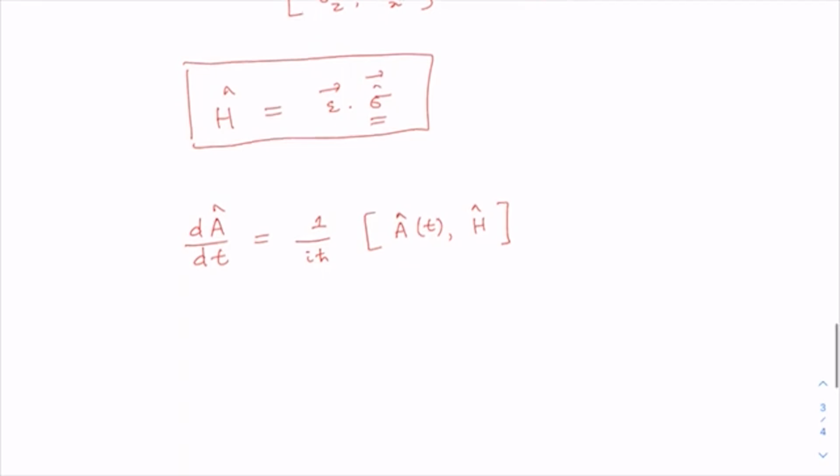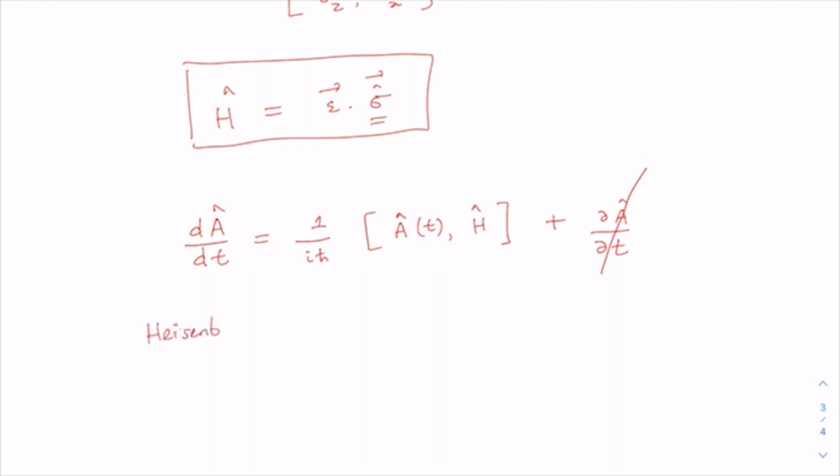If the operator is explicitly dependent on time, then we have to take that also into account, so we have to add this term. However, for simplicity, let us assume that there is no explicit time dependence, and therefore we are going to ignore this particular term here. The Heisenberg equation is the result of the so-called Heisenberg representation,